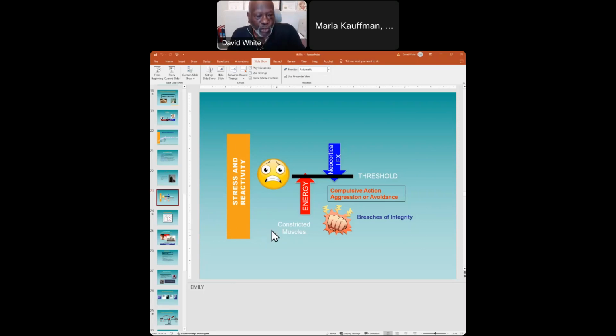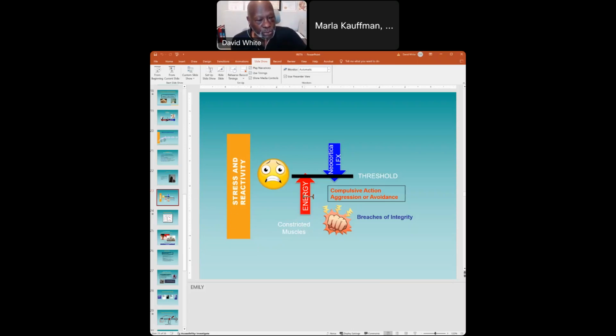Anytime you're stressed, you have involuntarily constricted muscles in your body. So anytime you check in with your body and you are not purposely tightening the muscles in your body, there is some form of perceived threat in your environment, either presently or that you're carrying with you. And if your muscles are constricted, there is perceived threat. What that does is it adds energy to your nervous system, adds energy to your body, and you're going up.